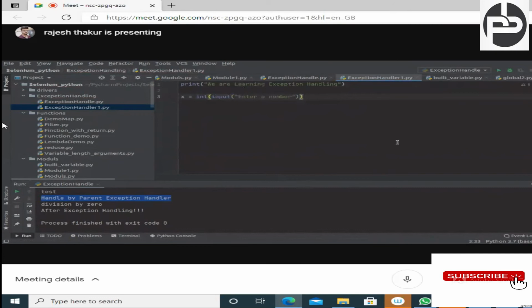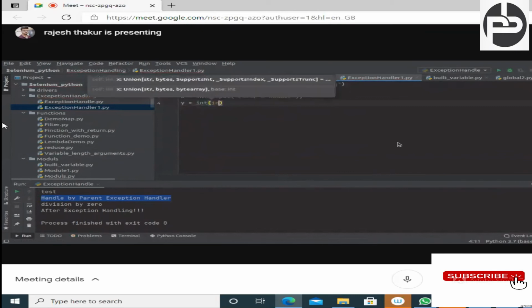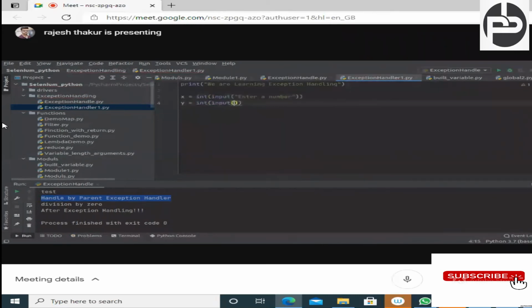Here we are passing int, and we are taking another number, y is equal to int input, and here we are passing, hey user, enter second number. Okay, the user will enter the second number, no doubt at all, it will work fine up to this.